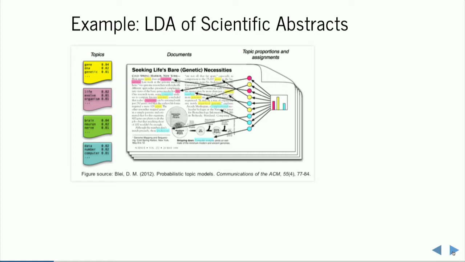But here, if we look at these terms, we've got gene, DNA, genetic, life, evolve, organism, brain, neuron, nerve. You know, we could maybe say, okay, this one's really about neurology, this one's about biology, this one's about genetics, and this one's about computers, right? And you'll see that each of these words has a given probability of being associated with the topic, and each document has a probability of being associated with each topic. And so what you're seeing here is just a visual representation of how different words are being associated with different